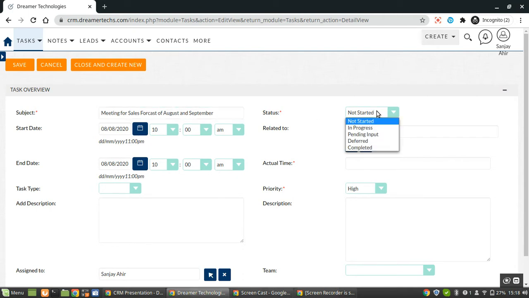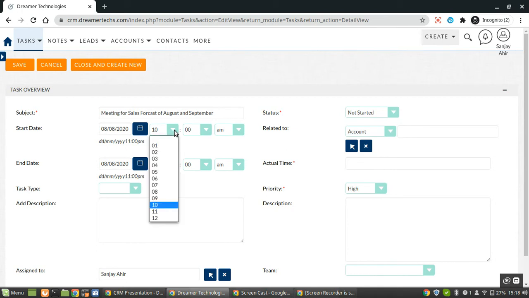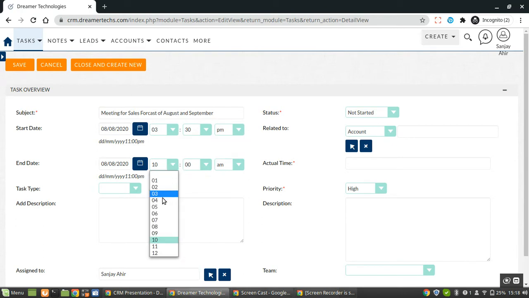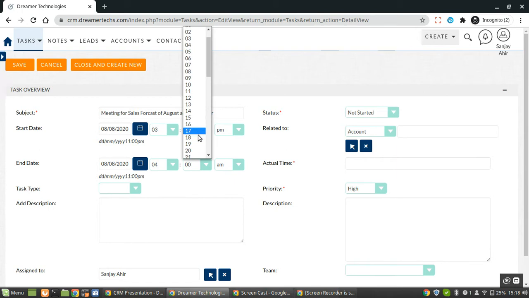Now, you can see the status: not started, in progress, pending input, deferred, completed. I just select not started. I just select the date, current time. I'll just select 3:30 p.m. to 4:30